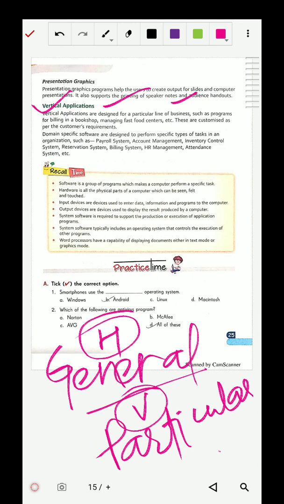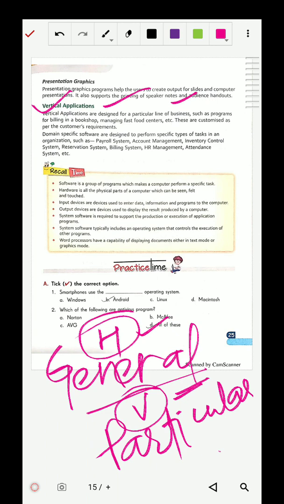That type of software for particular work comes under vertical application, and general purpose comes under horizontal application. Some examples are payroll system, account management, inventory control system, reservation system. Suppose you go to the railway station to book a ticket.